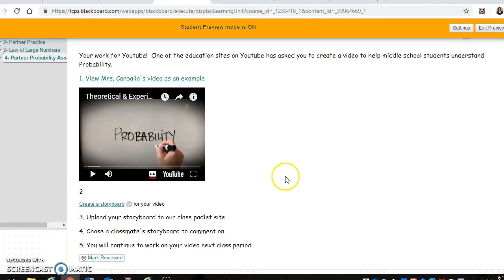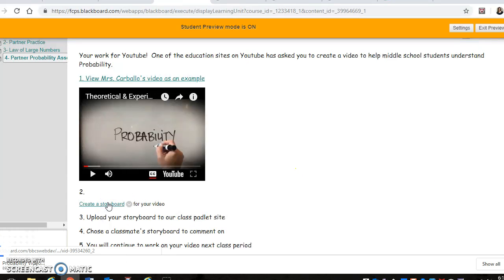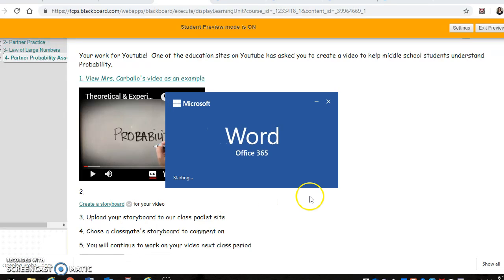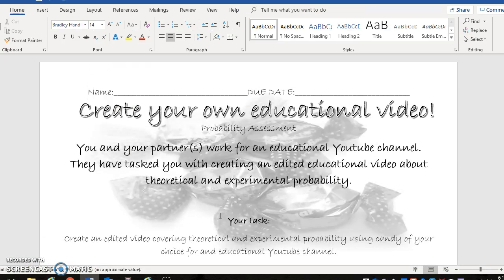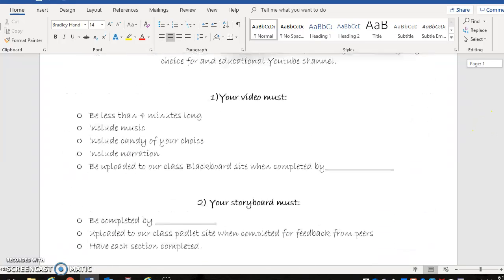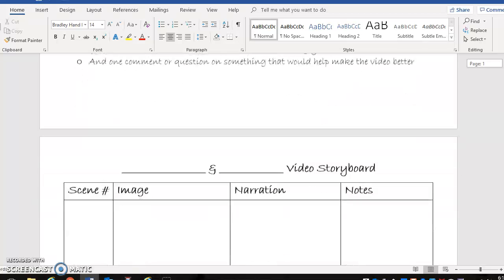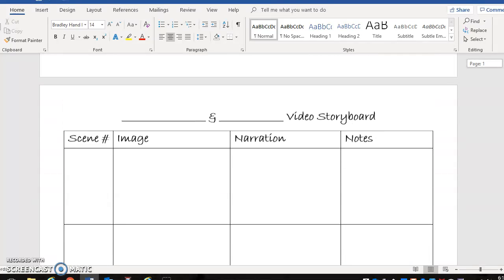And then they are going to create a storyboard with their partner and upload their storyboard to our class Padlet site. So here's the directions, the task, the video,